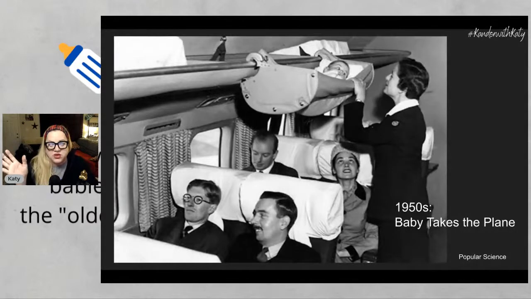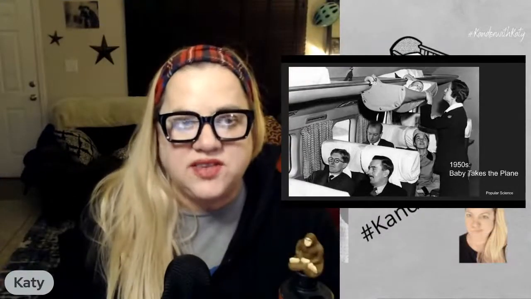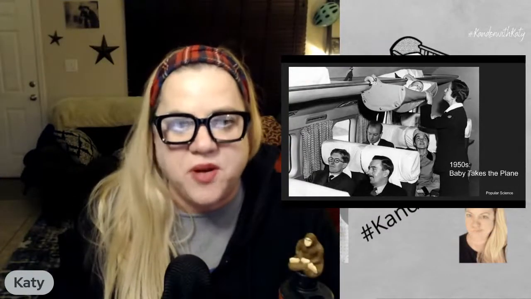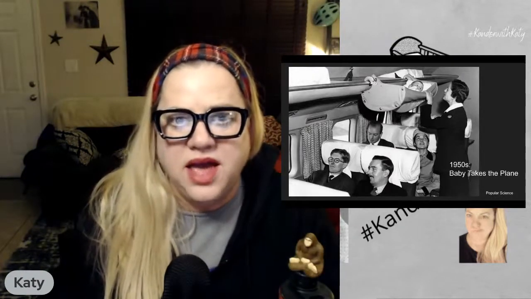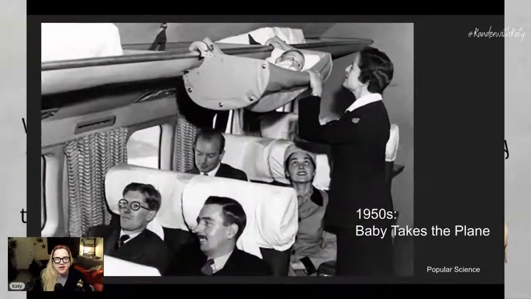So this one, look at this picture. It's insane. 1950s. Traveling with a baby wasn't a hindrance to the family vacation thanks to the 1958 invention of the sky cot, which held babies amongst your luggage. So here's the thing that I'm thinking. What baby do you know would actually sit up there and not cause a problem? Not cause a problem. Okay? And look at everybody in this picture. They're all like, yeah, man. I'm so relaxed. I feel great. And look at all the room. Like, I wish we had that room in our planes now, right?